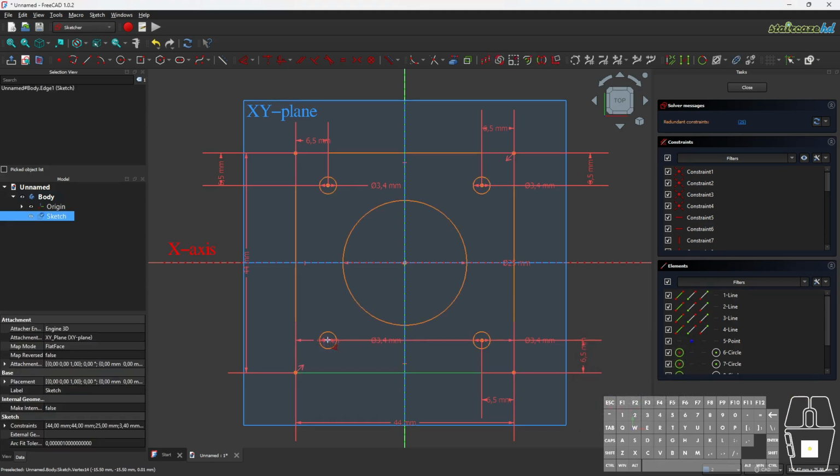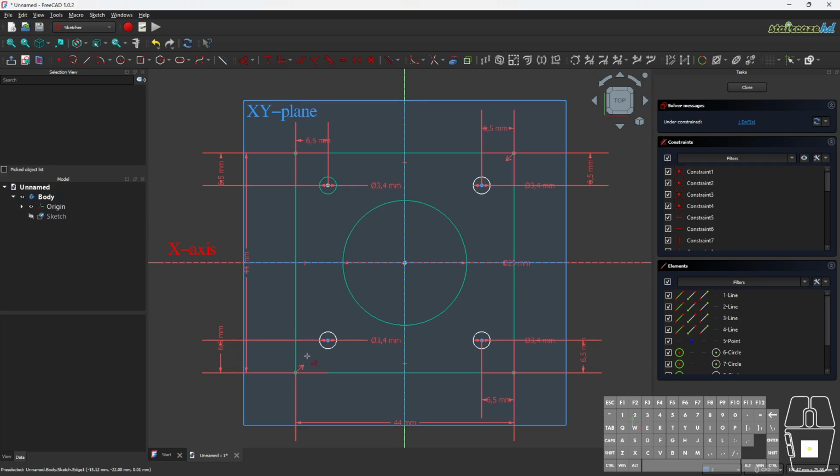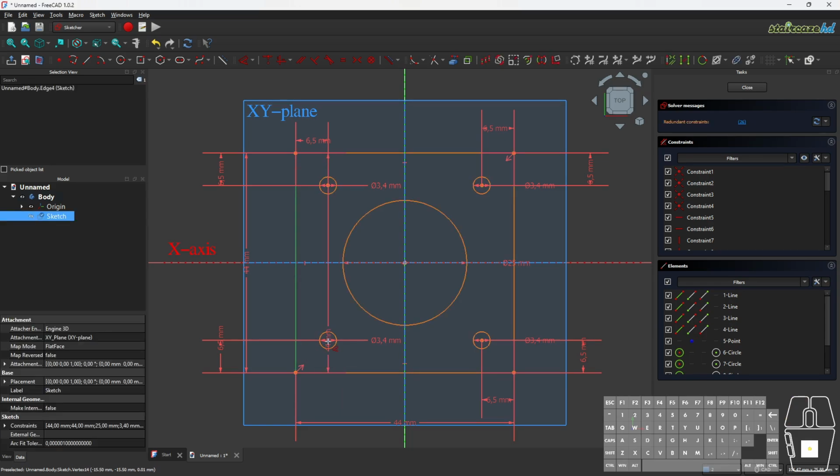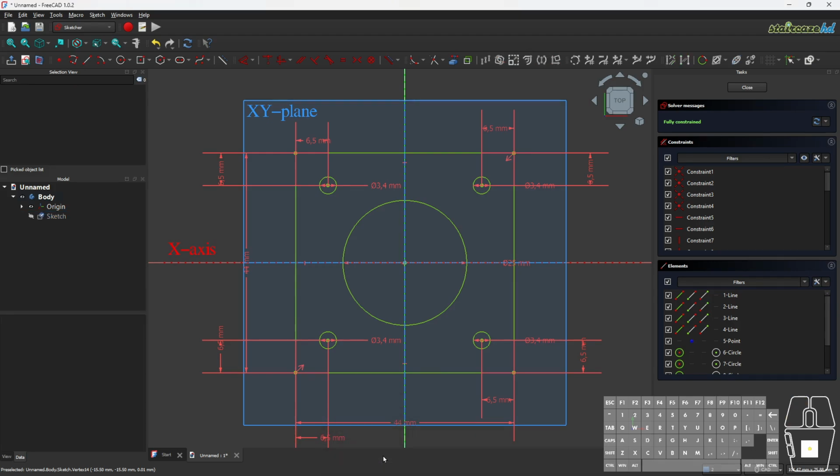The third new circle center with the bottom line. And finally the new circle center with the left line. All lines become green now, indicating that all the lines encircled have been constrained properly.